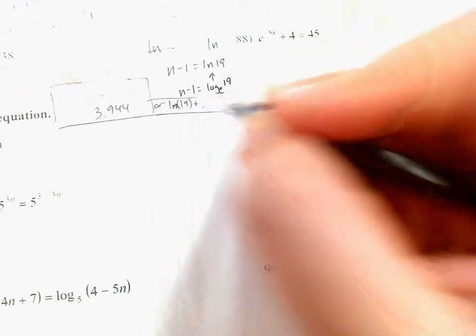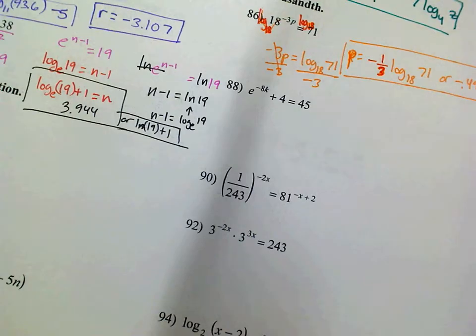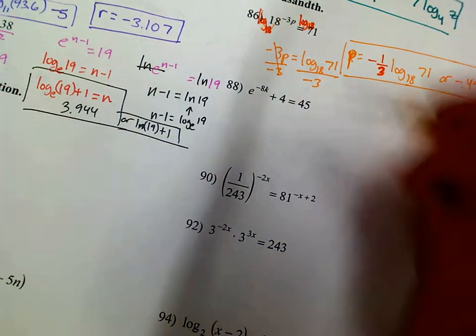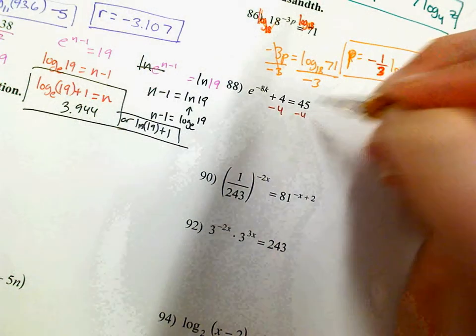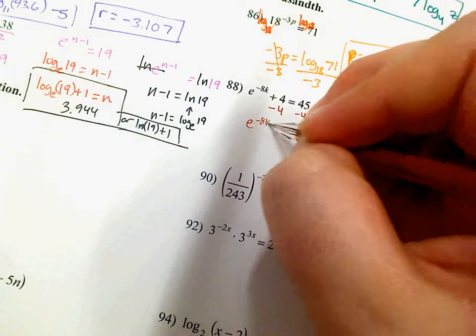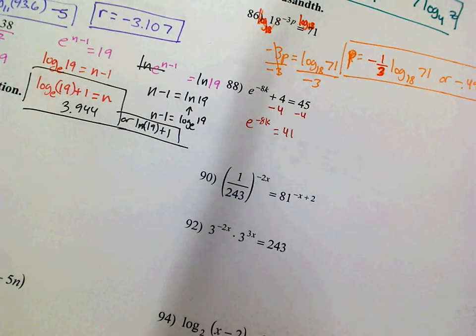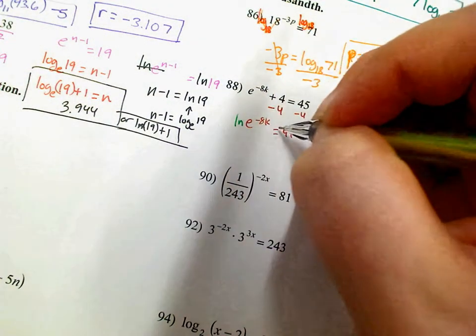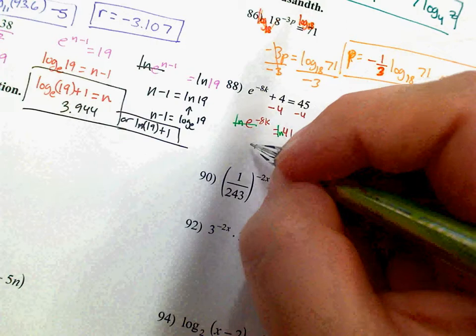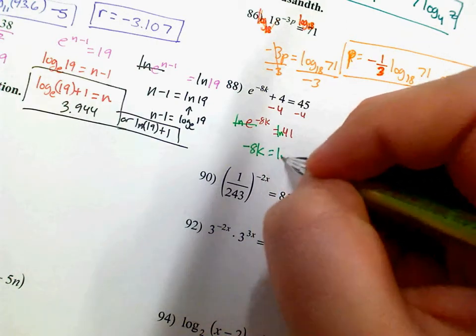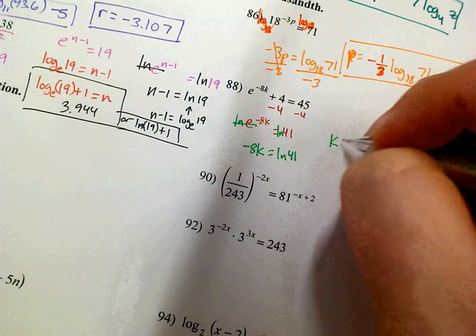Okay, number 88. We've got another e. I'm going to subtract 4 over. E to the negative 8k equals 41. And the inverse of e is natural log, so I'm just going to take the natural log of both sides. Natural log of this, natural log of that, they cancel out. Negative 8k equals the natural log of 41, which means k equals the natural log of 41